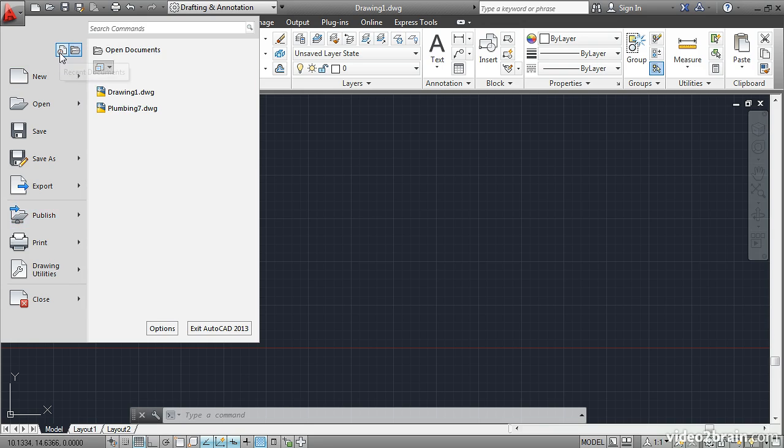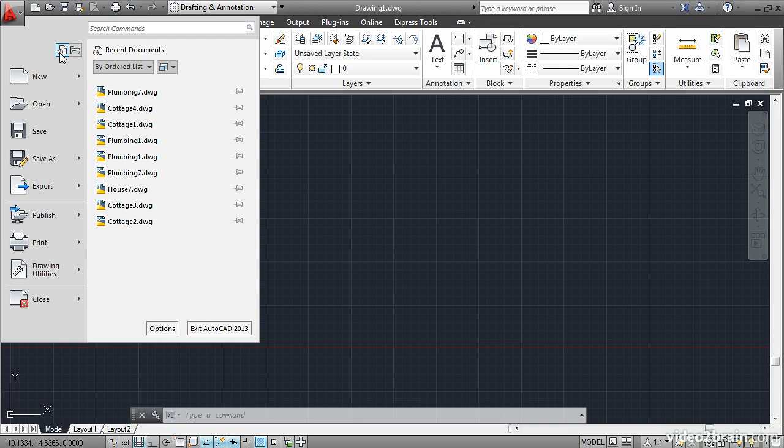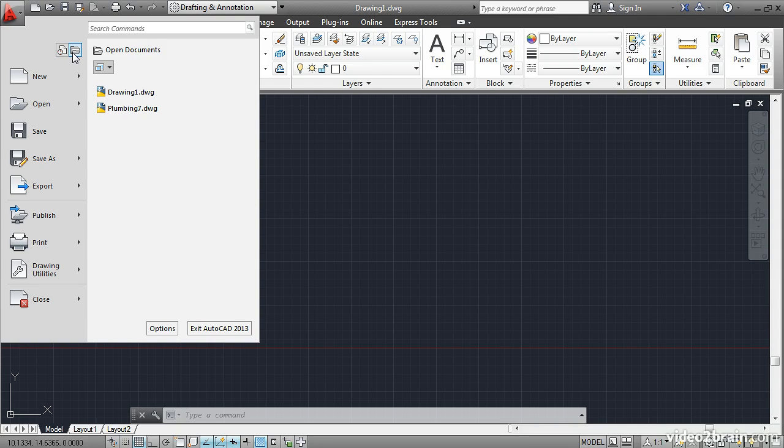These two small icons at the top are very useful. You can see a list of recently opened documents or a list of currently open documents. There's a search bar at the top of the application menu where you can search for commands. This is useful if you want to locate where a particular command is in the user interface. For example, type the word lengthen,